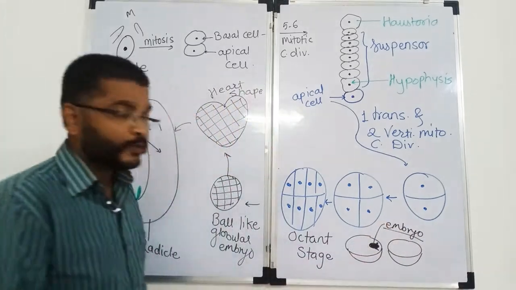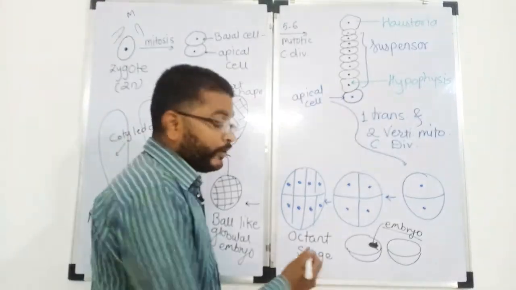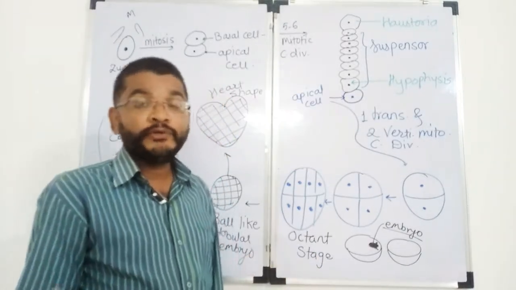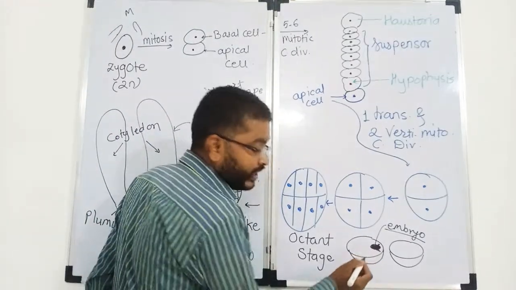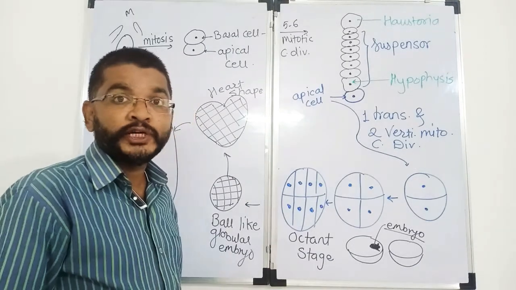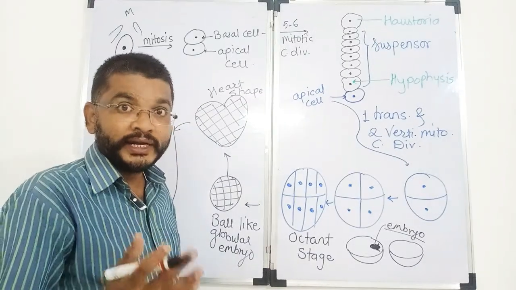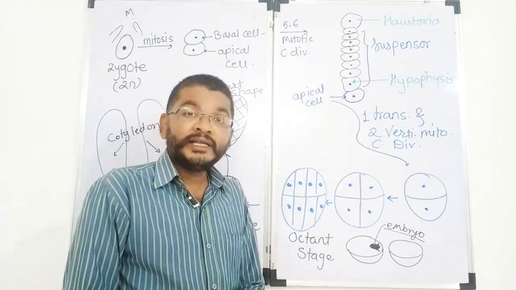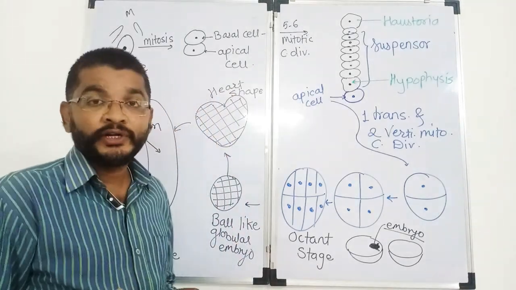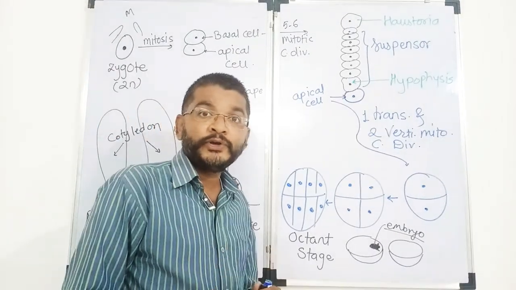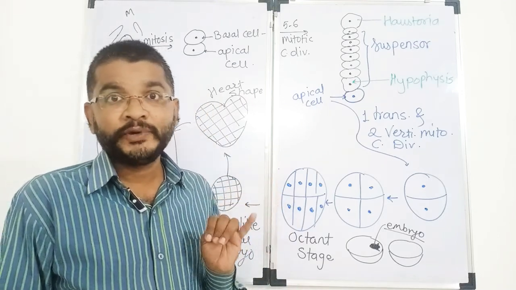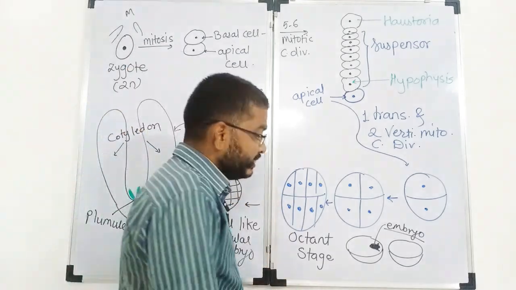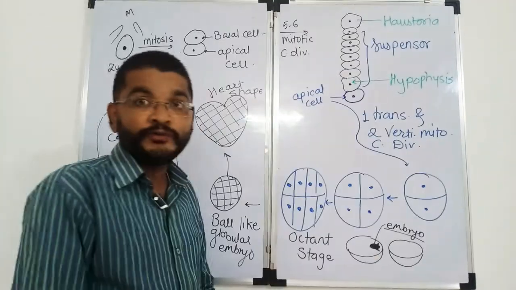तो इसमें क्या है? This embryo is provided with embryonic leaves, that is called what? Plumule, which is going to produce a future shoot. Embryonic root, which is called radicle, is going to produce a future root. And embryonic axis, in that hypocotyl and epicotyl both are present. So embryo consists of plumule, radicle, hypocotyl and epicotyl. After germination, this embryo is going to produce a future plant.